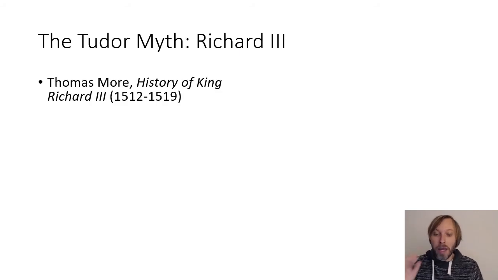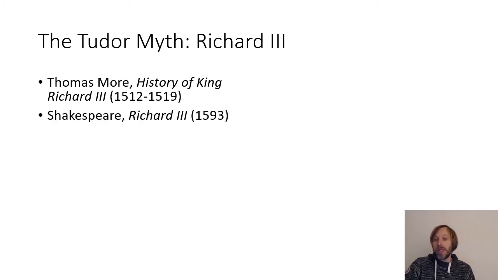Thomas More, who wrote Utopia, also wrote a history of King Richard III. So he founded this tradition of looking at Richard as the absolute bad king that needed to be gotten rid of. And Shakespeare continues that tradition. One of his more well-known history plays is, of course, Richard III, in which Richard is this really, really